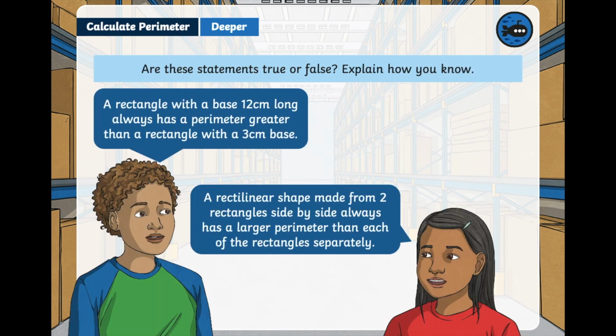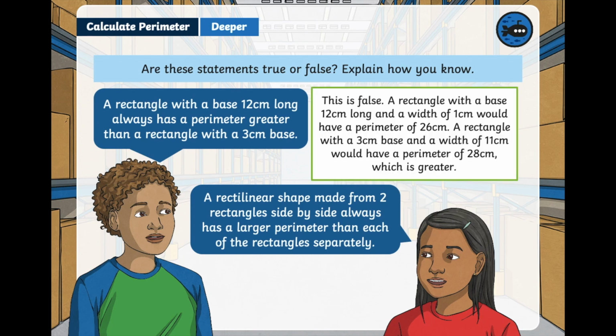Are these statements true or false? And explain how you know. So a rectangle with a base of 12 centimetres long always has a perimeter greater than a rectangle with a 3 centimetre base. So think about that one for a moment. This one is false. A rectangle with a base of 12 centimetres long and a width of 1 centimetre would have a perimeter of 26 centimetres. A rectangle with a 3 centimetre base and a width of 11 centimetres would have a perimeter of 28 centimetres,